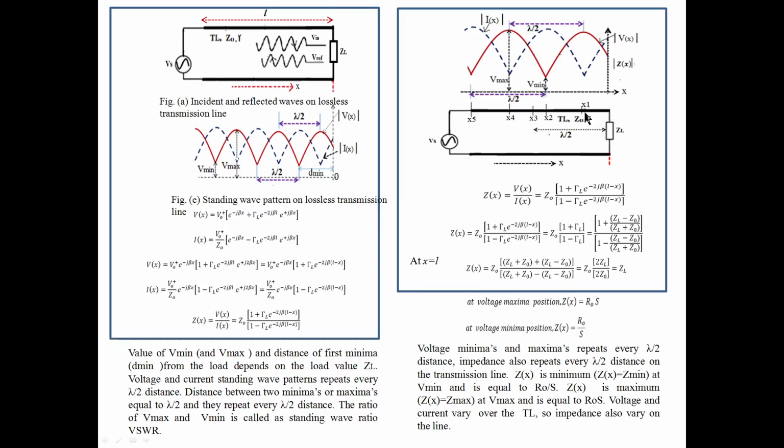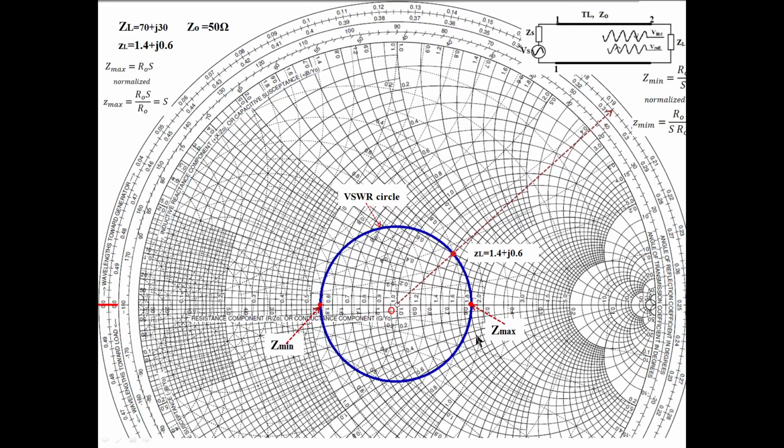On this line we cannot measure, but on the Smith chart we can easily measure. This is the maxima position. From the load point to the maxima position where we stopped, what is the distance? You can easily find that from the Smith chart. This is the maximum impedance we observed. Measure the distance from here to here.